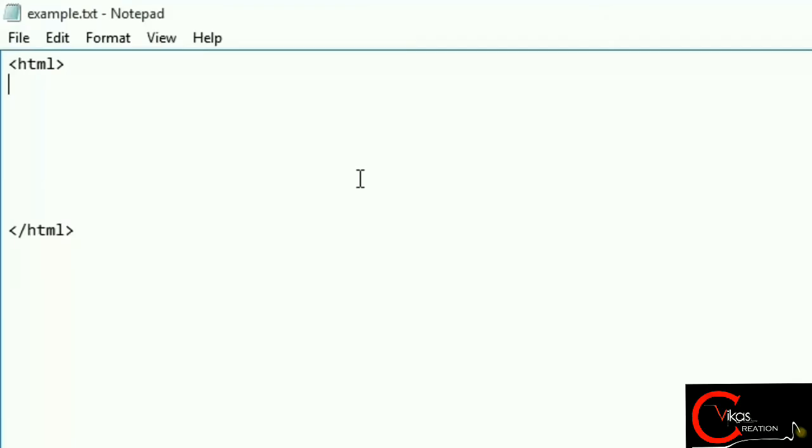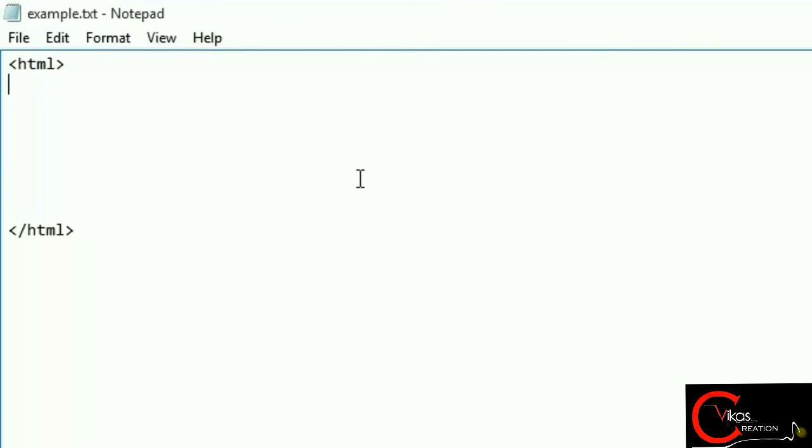So we'll put a hyperlink in our document. When you go to google.com or any other searching website and you click on a link, it turns blue. Those links are called hyperlinks. So how do we put a hyperlink? First, we have to use the anchor tag. When you have to display text or content within an HTML document, we use an anchor tag so that we can display the data of another HTML document.